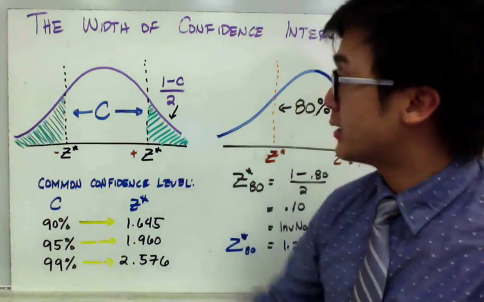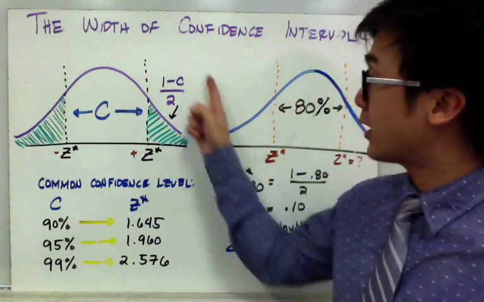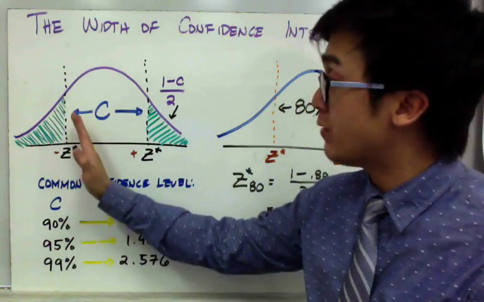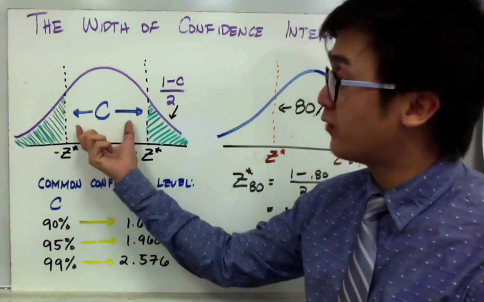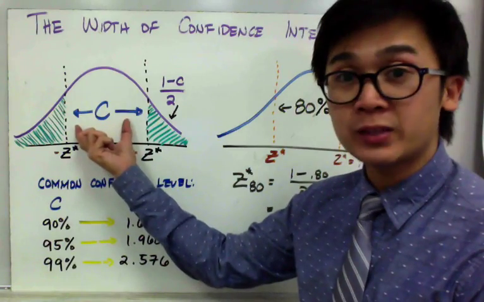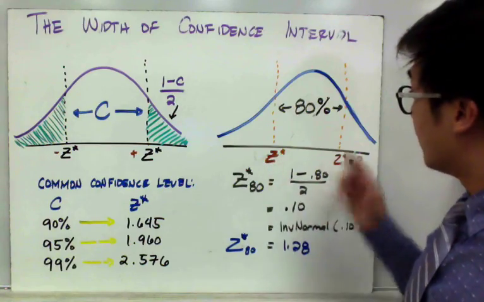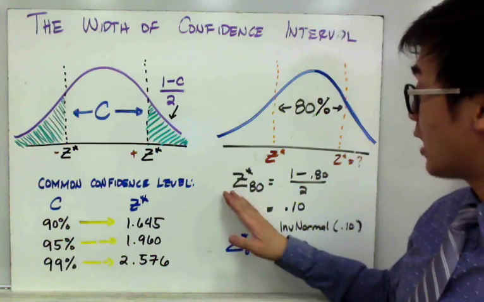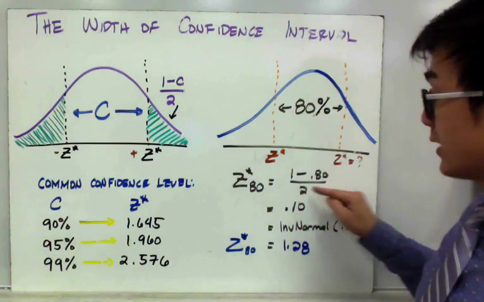Now the z star is based on our normal distribution, and to compute the z star, it is given by this formula. We're trying to find the location of our z star, and to do that, given our confidence level C, from our previous example, my confidence level was 80%, I'm going to use that so we can find the z star of the 80% confidence level. To find the z star, this particular location in your normal distribution, we will use this formula. Now z star for 80% will give us 1 minus c, which is 0.80, divided by 2,